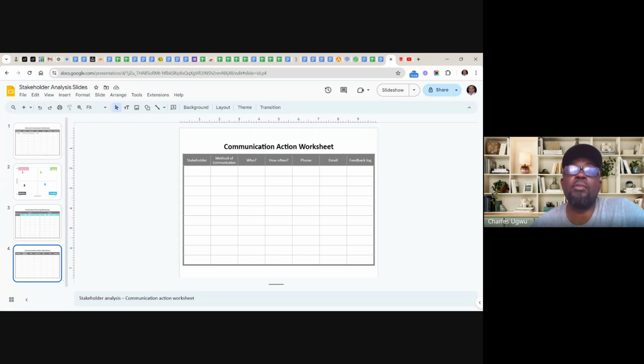So that's why you have to be clear, so that if a report is meant to be at Charles' desk by 12 noon on Friday, you must know who is submitting that report. You are the project manager, but it might be that everybody needs to submit their report. So you must know who is submitting. If it's you, or a business analyst, or both of you, you need to communicate who is going to send that report. That is who.